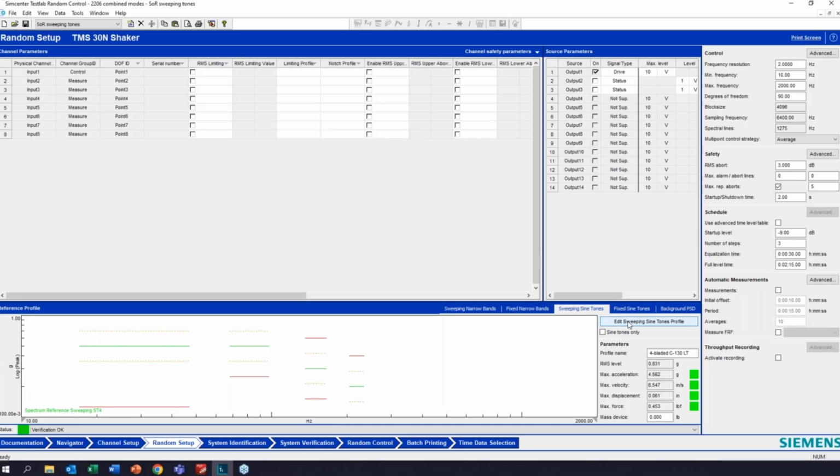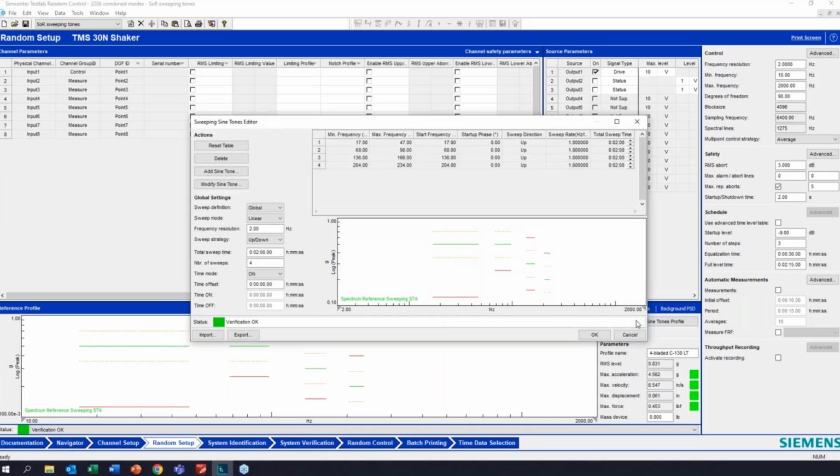In order to edit that, of course, we'll click this button, and you can see this is now looking more complicated. There's some sweep definition settings here, and these can be global or individual. Right now I've set this for global, so all of these are grayed out because it's all based on this total sweep time and number of sweeps.